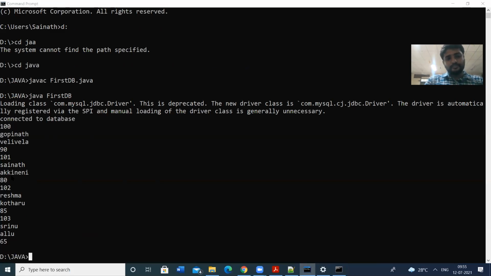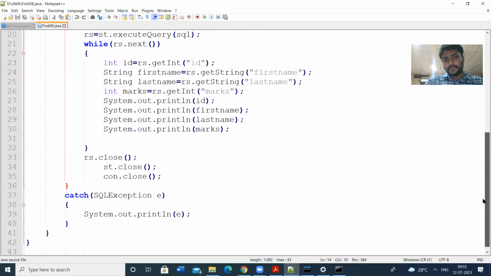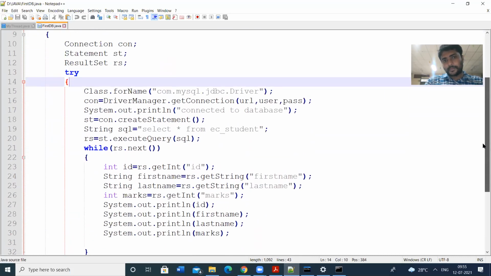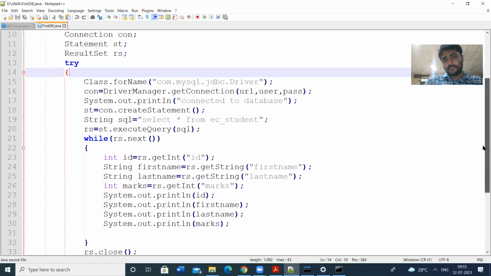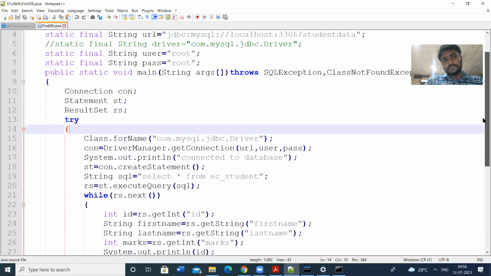So this is the simple database connection. Any doubts in this program? Most of the things are common for every program. Commonly we have these things: connection, statement, RS.